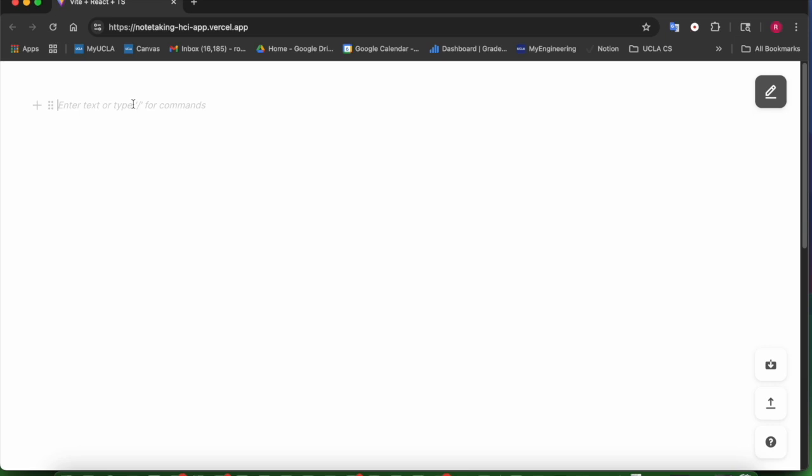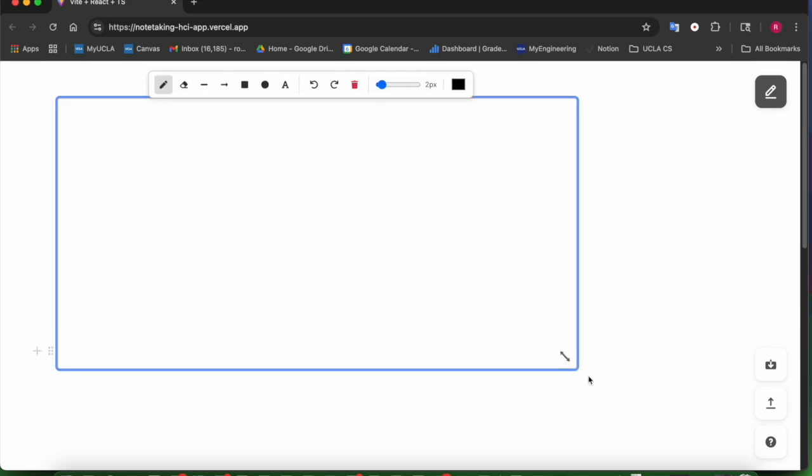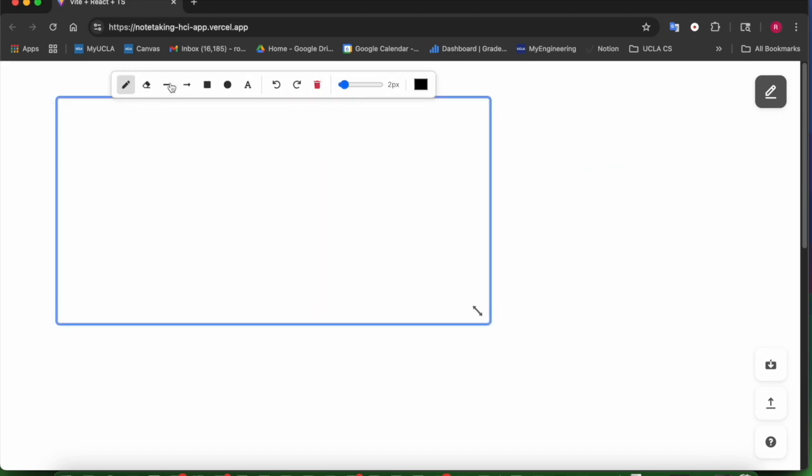Our next interaction flow is the drawing canvas, which is one of our core features. By pressing slash, you can enter a drawing block. This drawing block is resizable, and it has several tools you can use to draw and make diagrams. So we have the pen tool, so you can draw with the pen. There's also a line tool, an arrow tool,